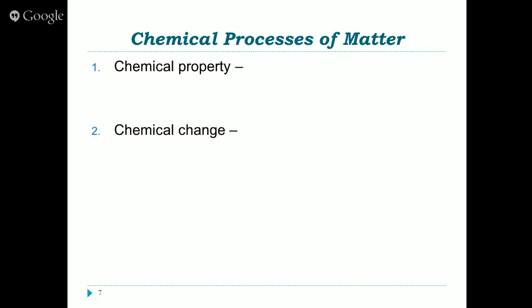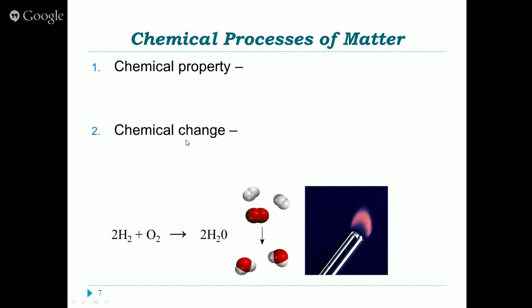On the other hand, chemical properties. Chemical properties look at how we can change the composition of the matter that we have. So chemical change then looks at a transformation. We are rearranging the way that the atoms are bonded to each other. However, we are not changing the atoms themselves. So what you put in has to equal what you get out.